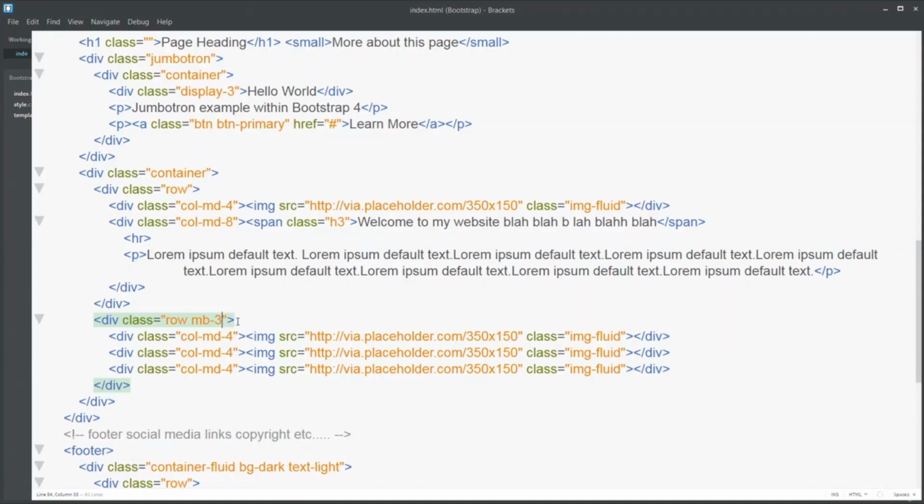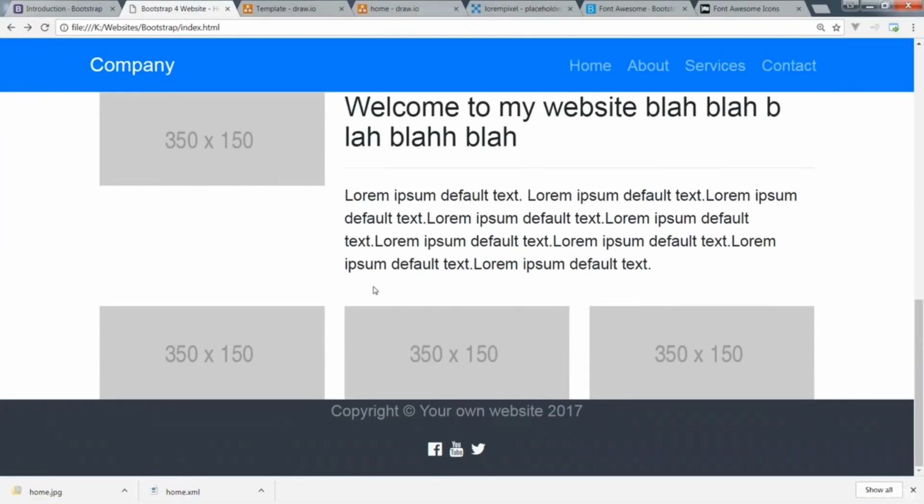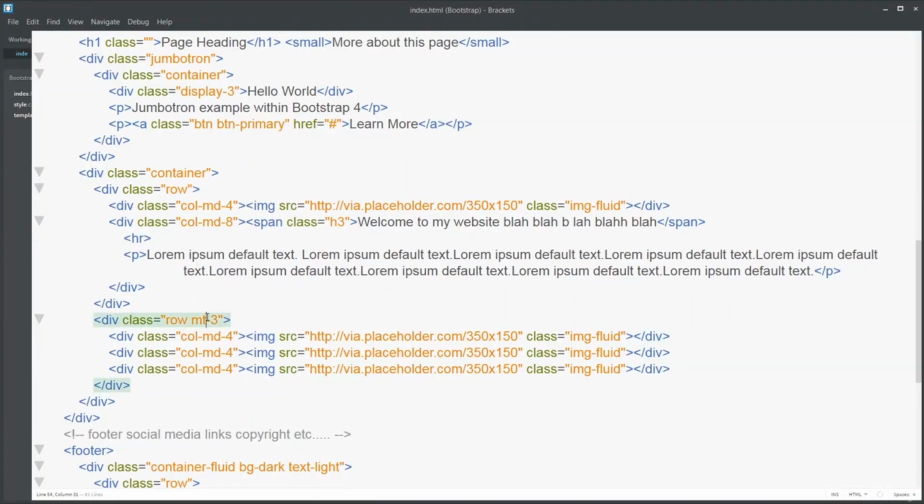So what I've done here is I've done margin bottom. If I wanted a margin at the top, I could do MT, and that would essentially give us a margin at the top, but I do want it at the bottom. So those are the options there. You can go margin top, margin bottom, margin left, margin right. And you've also got classes set for both, and the sizes range anywhere from 0 to 5. So besides margins, you can do padding as well. So there's a lot of information contained within Bootstrap for that